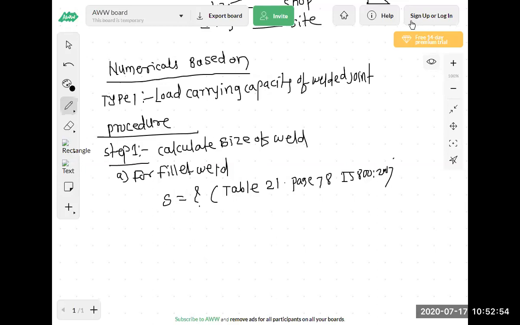Are you getting? So size of weld for fillet weld is over. If for butt or groove weld,